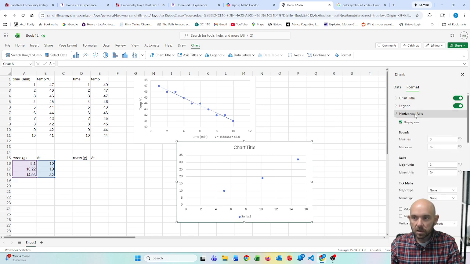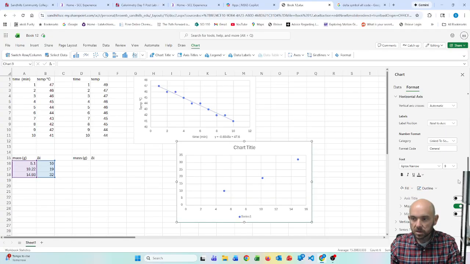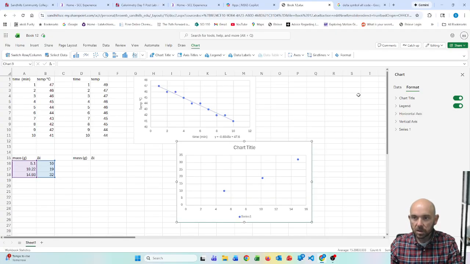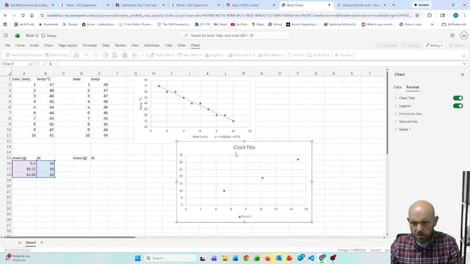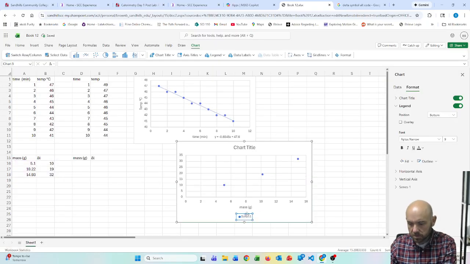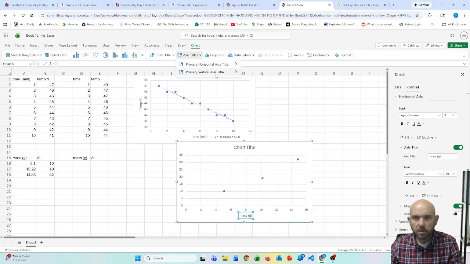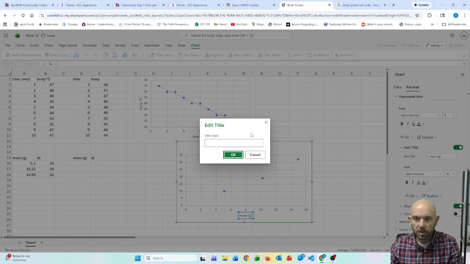So you can change a lot of that information there. So you have to change the axis titles here, apparently, on the online version. On the bottom, we are going to put mass in grams. On the y-axis, like a rotated title, we are going to put change in temp in degrees Celsius,